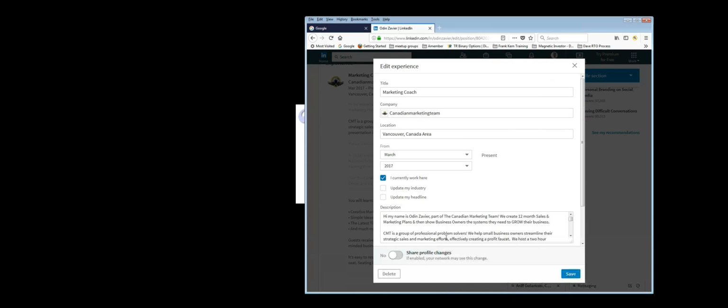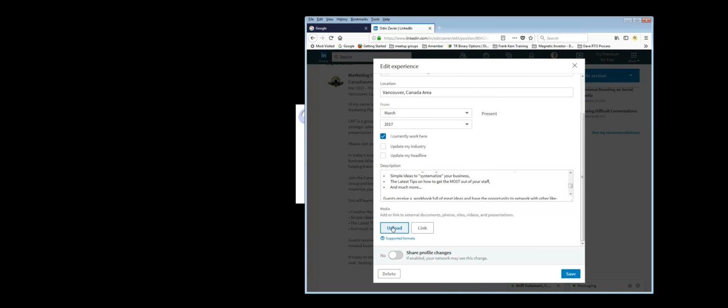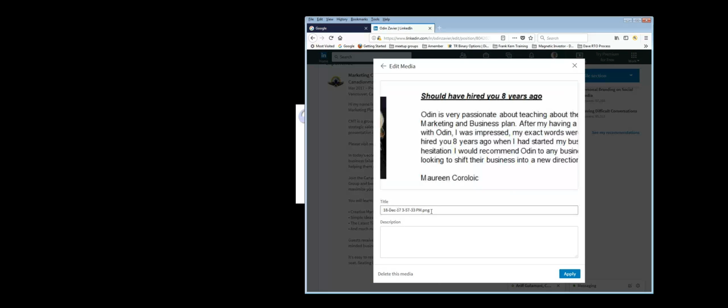I'm going to go back over here and go down to the bottom. I'm going to upload right over here, and then I'm going to try to find the pictures by going over here to the extra large pictures. So here's one. We'll use this one right here. I'll just upload that one just like that.